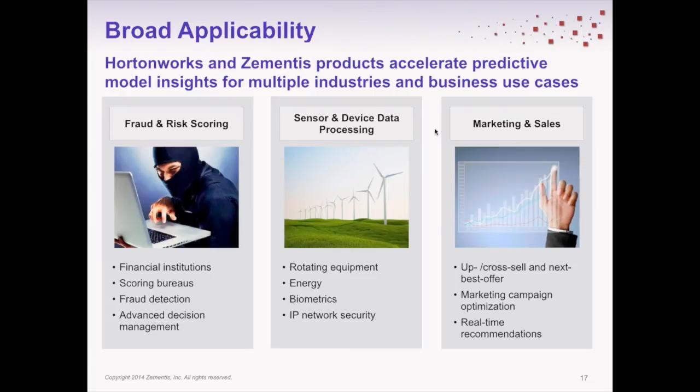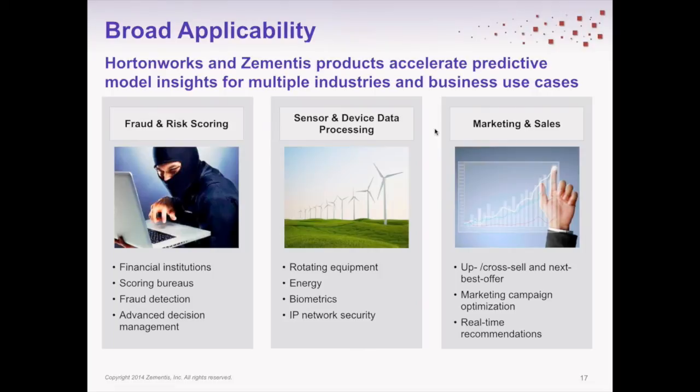I just wanted to summarize that what we see here is a fundamental shift in capabilities to deploy predictive models faster. And this is applicable across all industry verticals, thinking of Hadoop as a platform, PMML as a common process and standard, and the Zementis Universal PMML plugin as the enabler to ramp those models onto your Hadoop cluster. We've seen this with our products, accelerates deployment across the financial industry for fraud and risk scoring, for example.